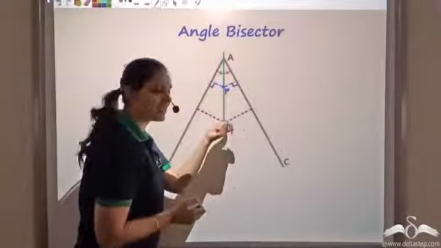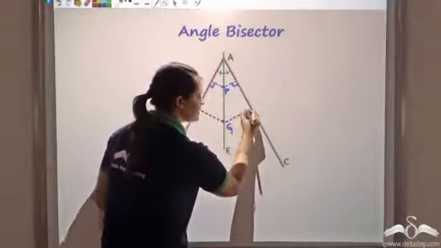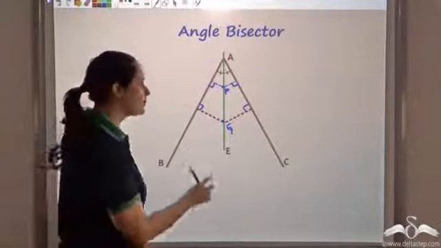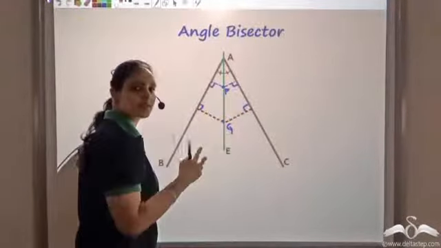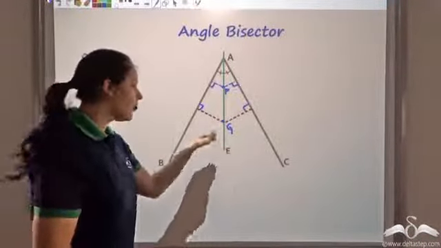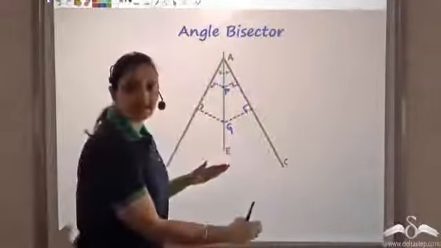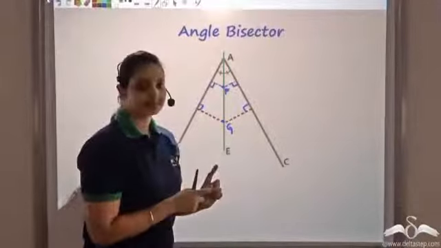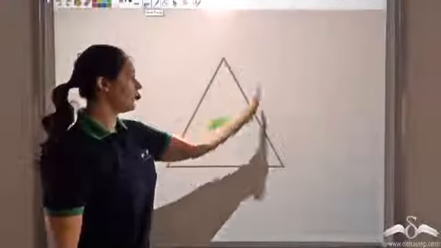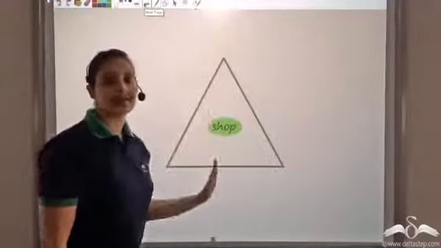Similarly, if you take any point, say G, on this angle bisector, then again, the perpendicular distance from a point to line is always taken as perpendicular distance. This perpendicular distance on both the sides would be the same. So if you take any point on angle bisector and you draw perpendicular from that point to the sides which are forming that angle, then that distance is the same. So this is exactly what I need. So for my shop, if there were two roads, I can put the shop somewhere on the angle bisector.